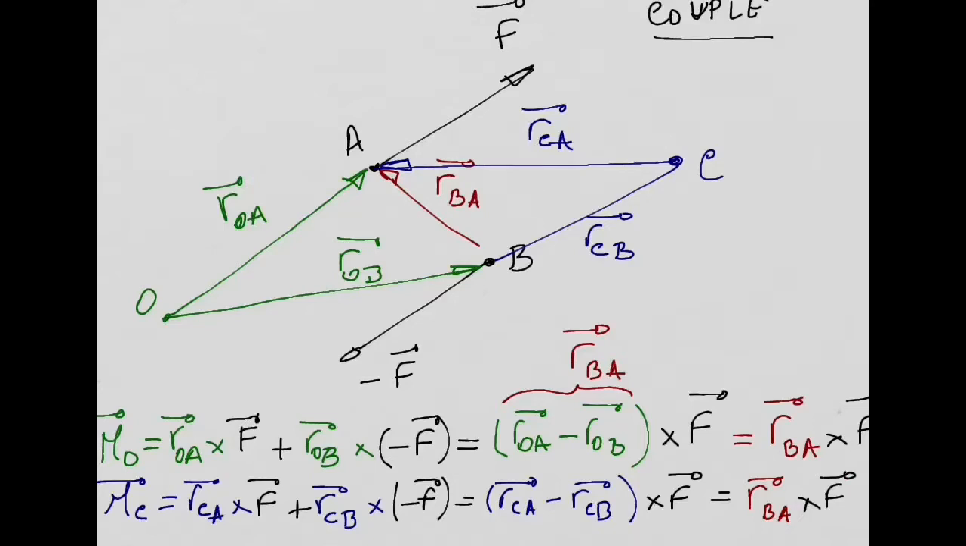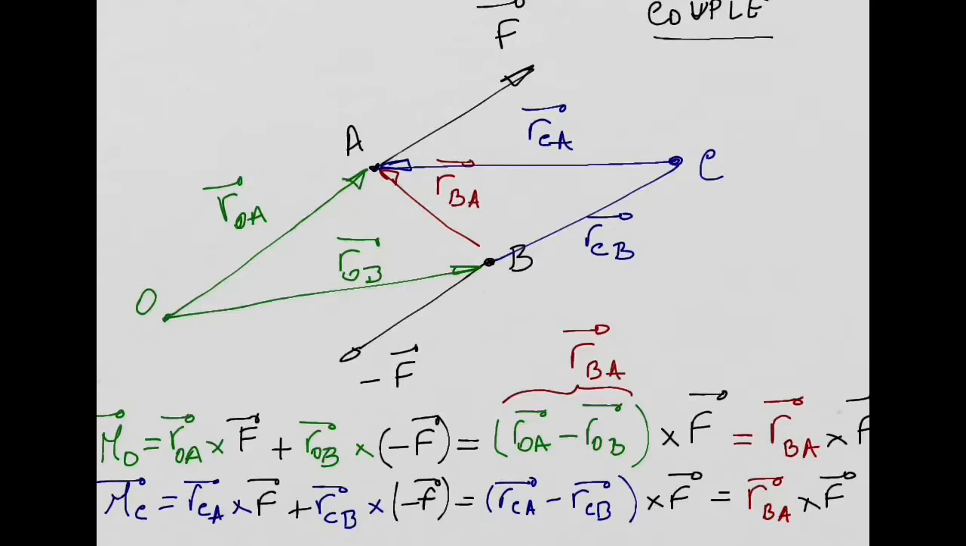Which is an amazing result, right? Look at this. It doesn't matter, basically. So we obtained the same result as when we calculated the moment about point O. So it means it doesn't matter which point I choose to evaluate the moment produced by this couple. That moment will always depend on the position vector connecting the 2 points A and B where the forces are applied,